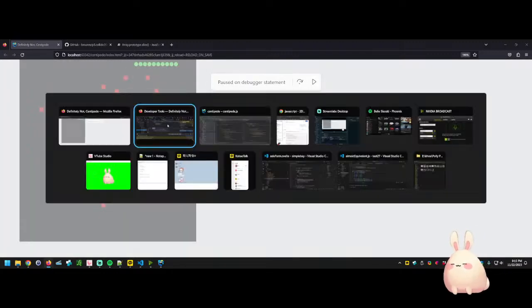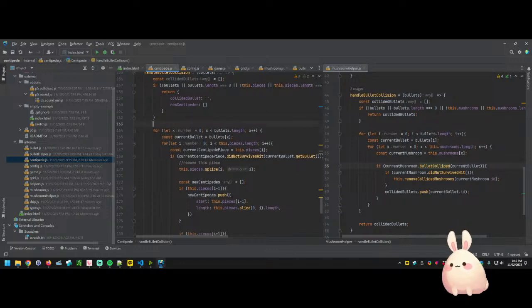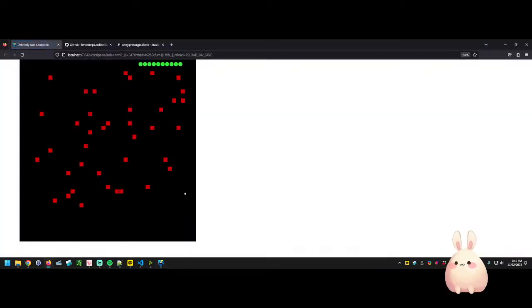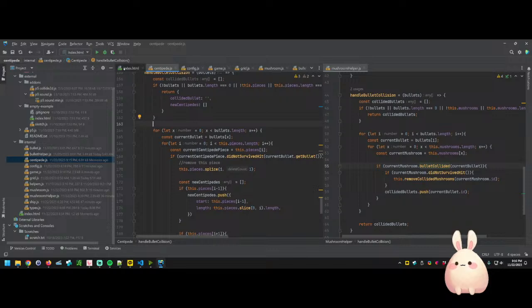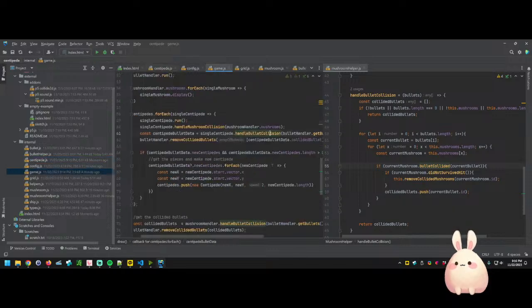Okay, so that hits our debugger statement. Cool. So we know that part works. Let's go ahead and remove the debugger, and let's. Ooh, we've killed it. We've killed it. centipedeBulletData is equal to undefined. So we messed up. I messed up. So we get the data. And ultimately we could break it up to handle the bullets and then handle the pieces separately. So, but what we want to do is